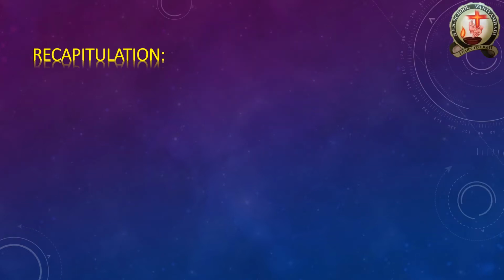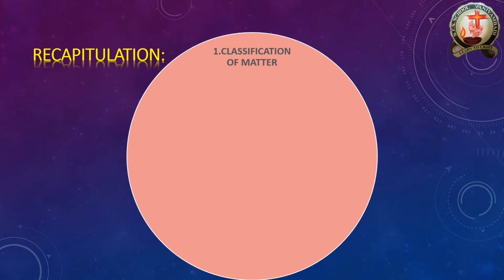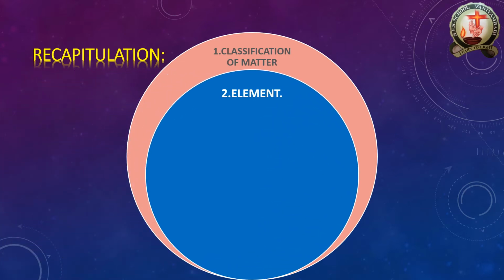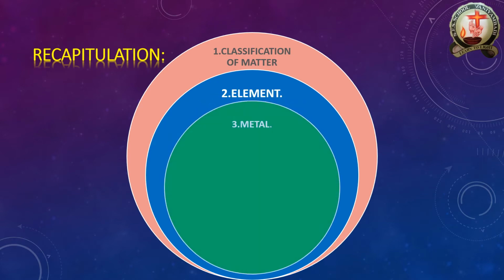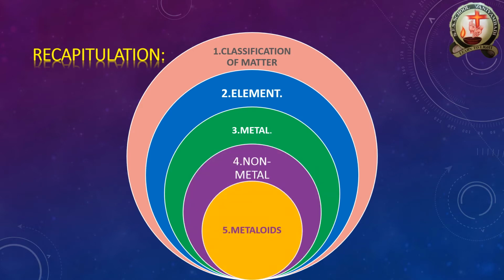I'll give a small recapitulation of the previous classes. What we have learned in previous classes: first one is the classification of matter. How does the classification occur? Matter is composed of small elements or atoms. Then the elements are classified into metals, non-metals and metalloids. We have seen the different types of metals, non-metals and metalloids, and we have already learned their uses from the previous video. Now we are going to our